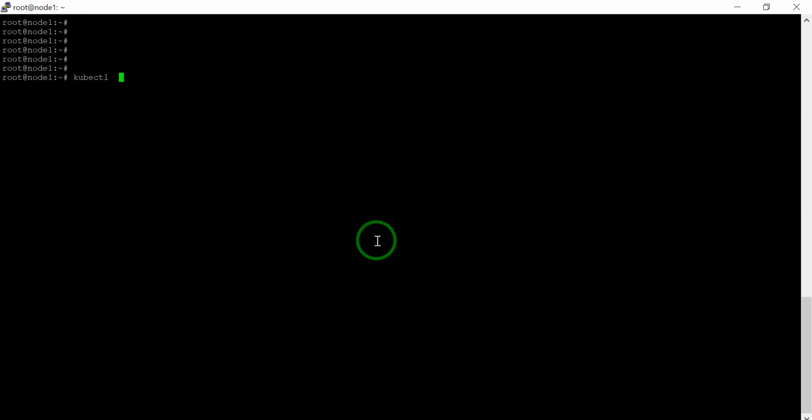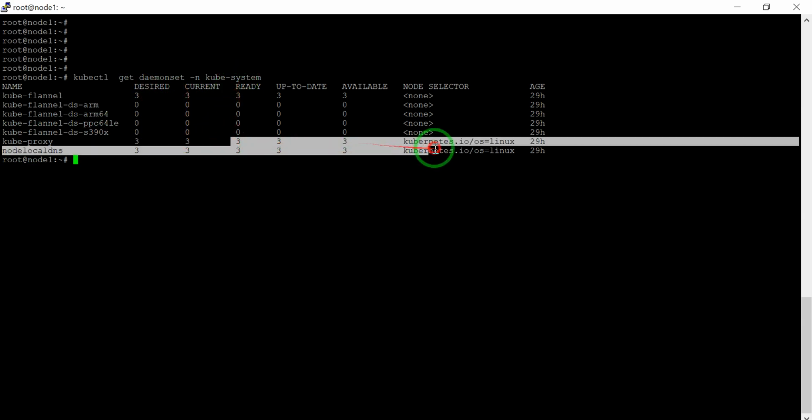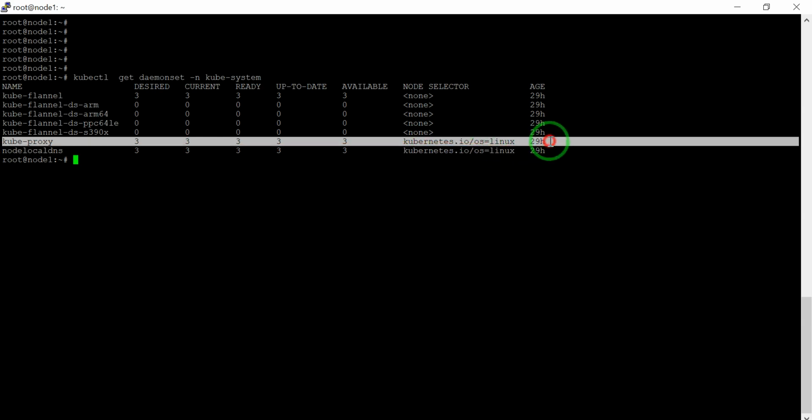So what is a DaemonSet? You don't need to worry about the DaemonSet; I will talk about it in my upcoming lecture. So this is how kube-proxy is running: desired is three, current is three, and ready is three. So Kubernetes kube-proxy is launched as a DaemonSet.